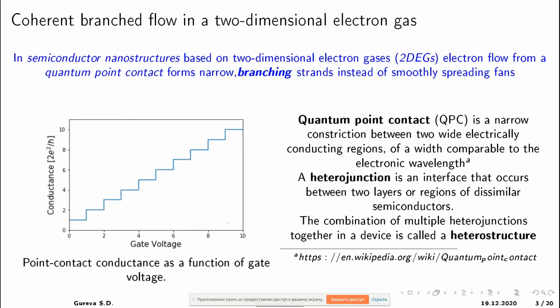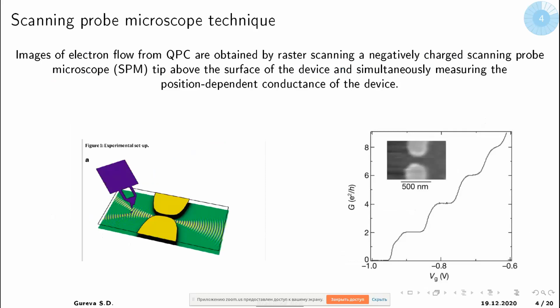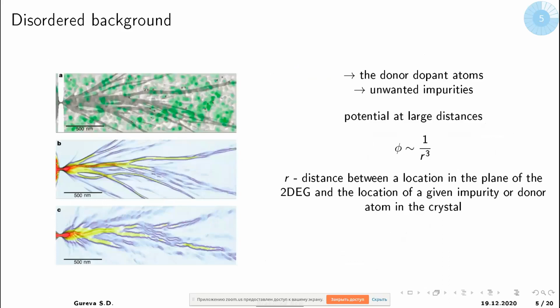In semiconductors, the electrons from a point contact were expected to form smoothly spreading fans, but with the use of scanning probe microscope technique based on position conductivity measurements, it was possible to visualize the flow, and it appeared that electrons form branches. As I mentioned, the appearance of the effect is connected with the presence of weak disordered